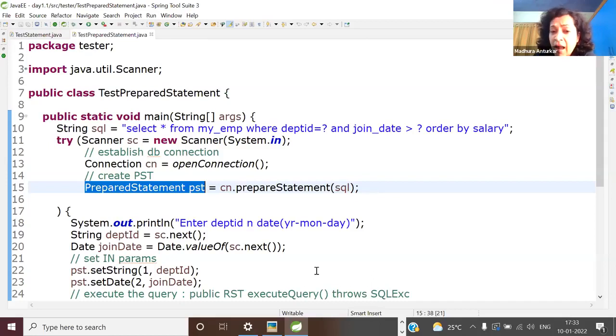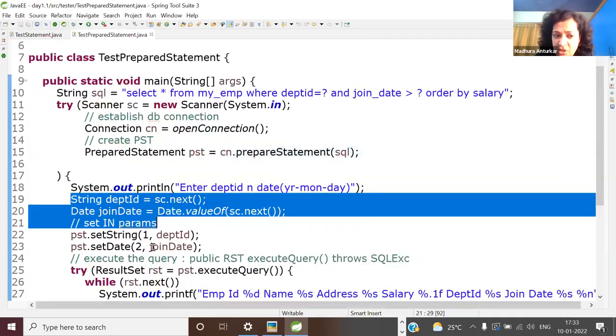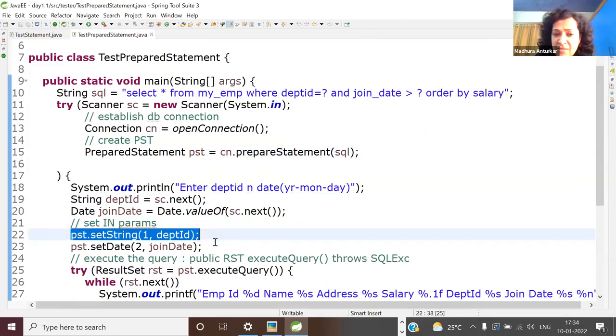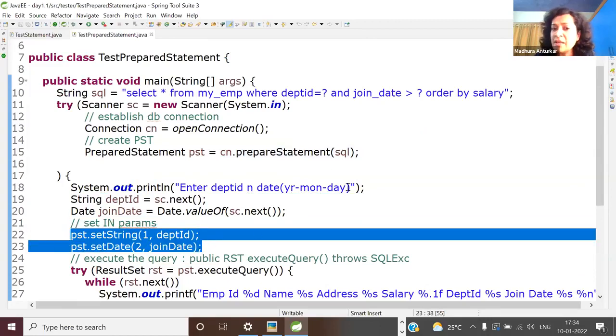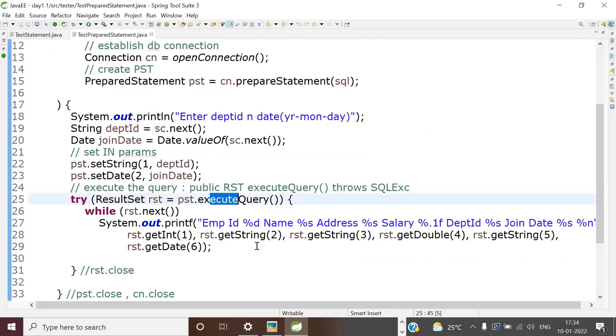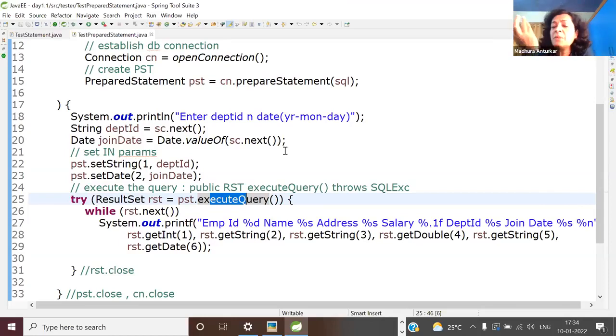Now suppose the user wants to fire this query 10 times. What is the only thing the user will have to do 10 times? Just accept the parameters, input information, and set those in parameters. Do I have to pass this query every time so it gets processed every time? Of course not. It is already parsed and compiled. So I just have to call execute query to get the results. So which is higher performant, which is faster when you want to fire the query multiple times? The prepared statement. That is why we keep using that.